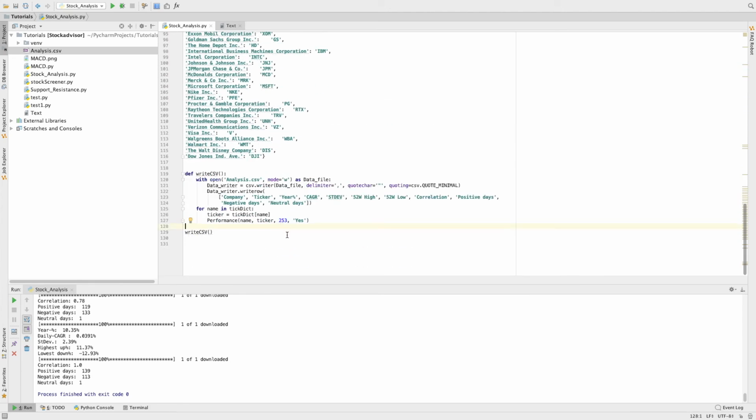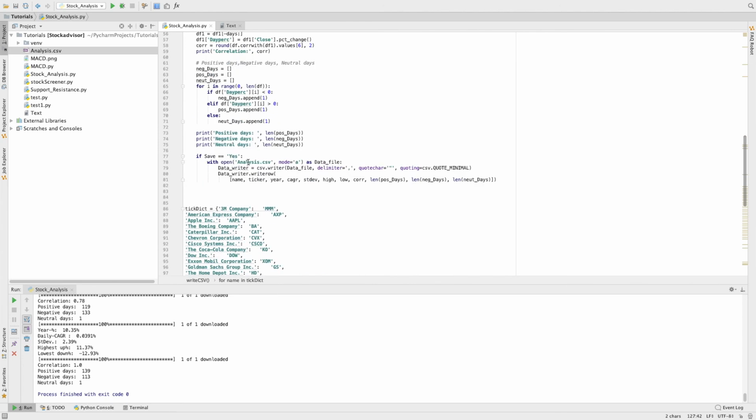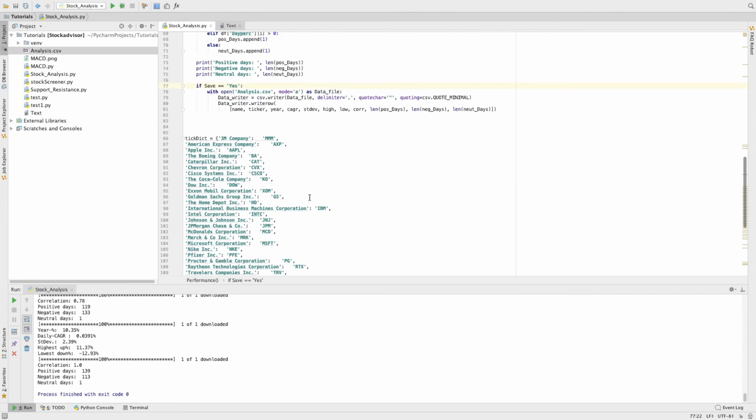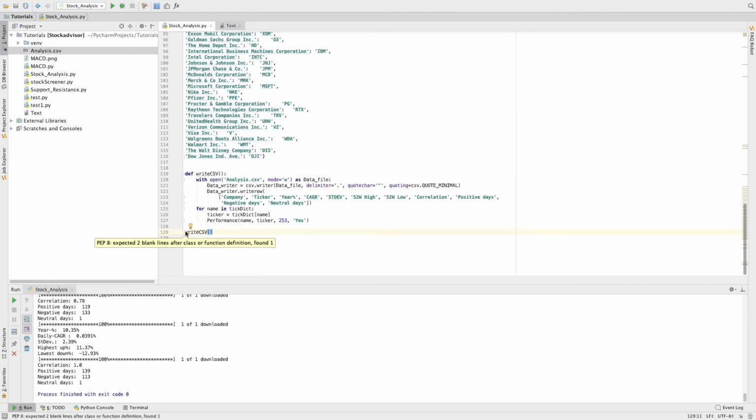And that was the one point I did not mention earlier. I changed this one from no to yes when I copied it over from my text file. If you make this a yes, then as you can see here, if save is yes, then it will automatically save the file to the CSV and save the information to the CSV file. Okay, so basically we are done, but